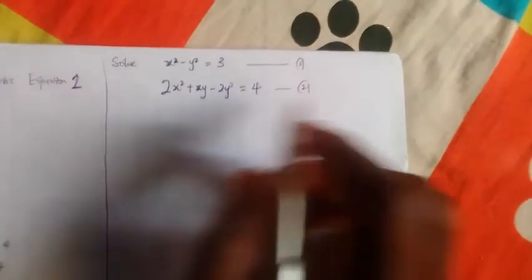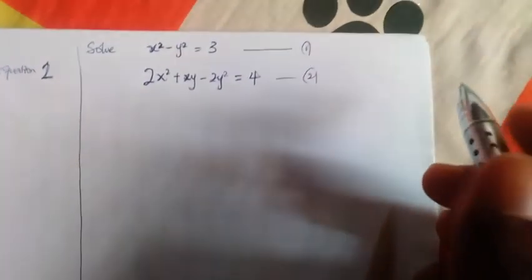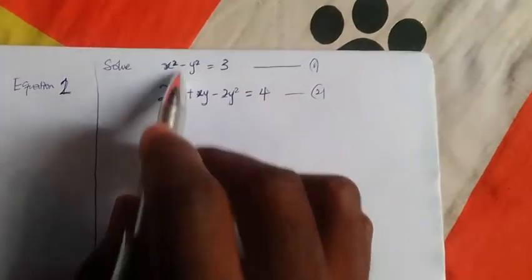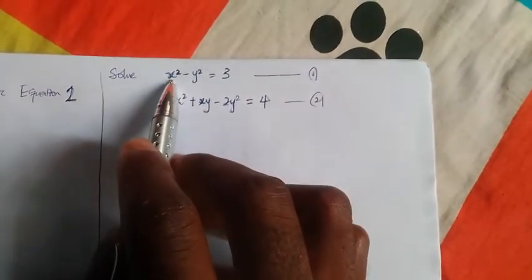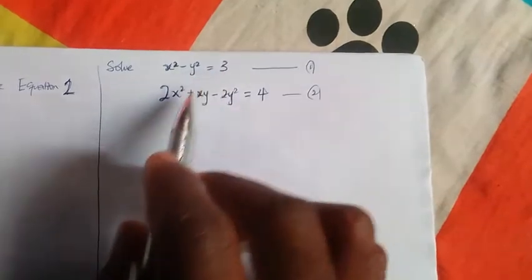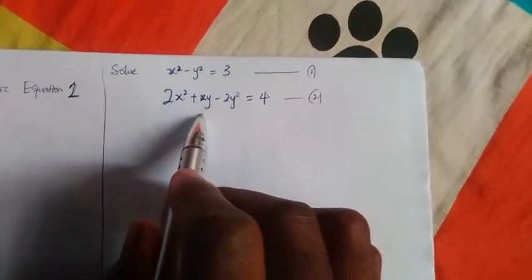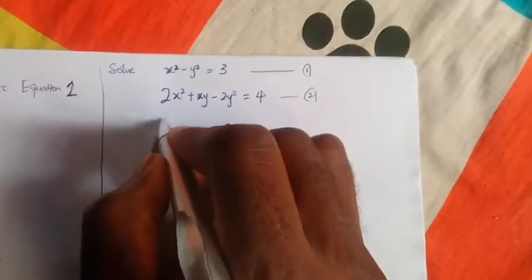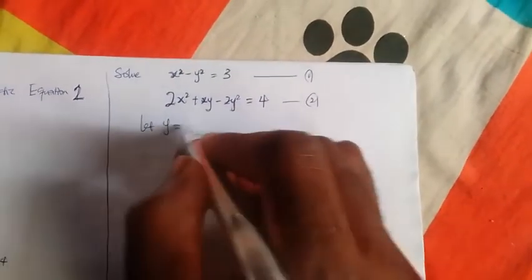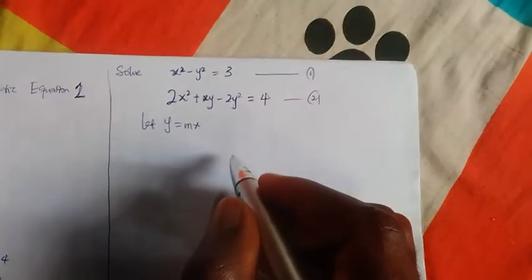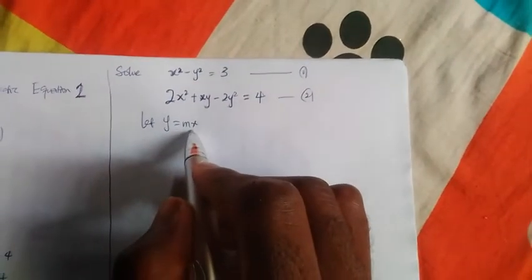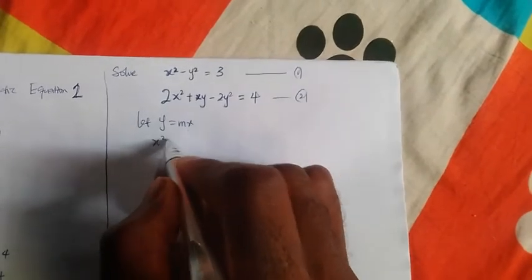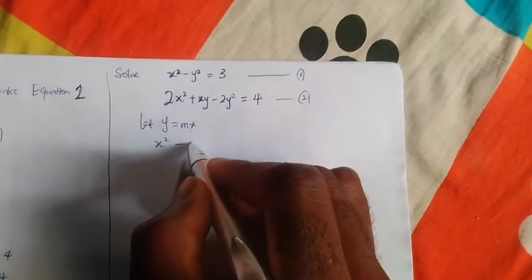Now in this case, what we're going to do here is actually very simple. Because these are both quadratic equations, if I make x the subject from equation 1 and then substitute into the other, it will be difficult. So the idea we use to solve this question is to let y equal mx, and substitute y into equations 1 and 2. That becomes x squared minus